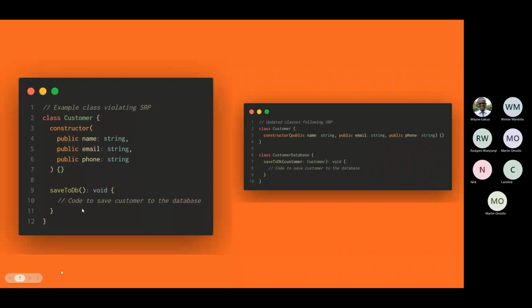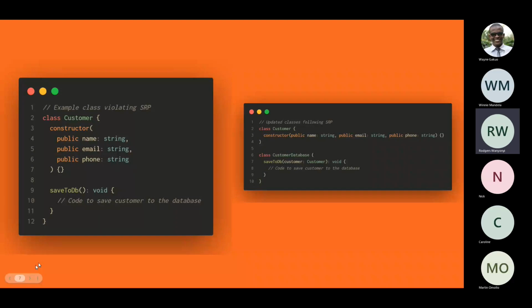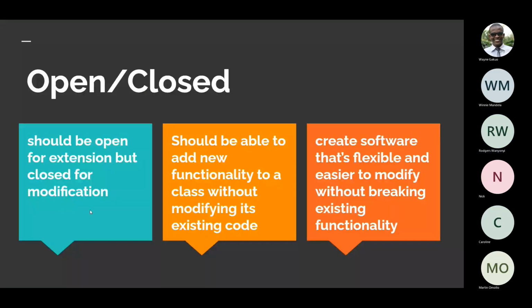Does anyone have any questions up until now? Okay, we can move on to the next principle. This is the open and closed principle. So with the open and closed principle,